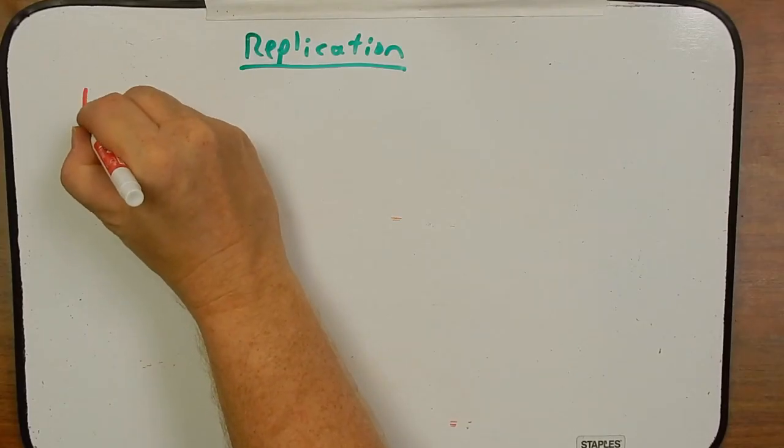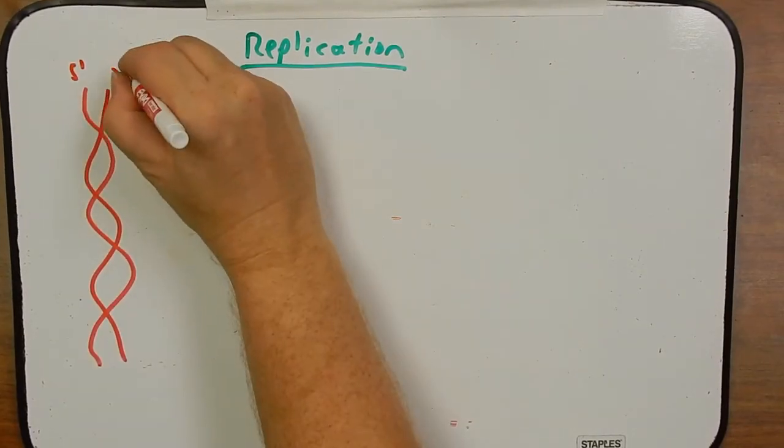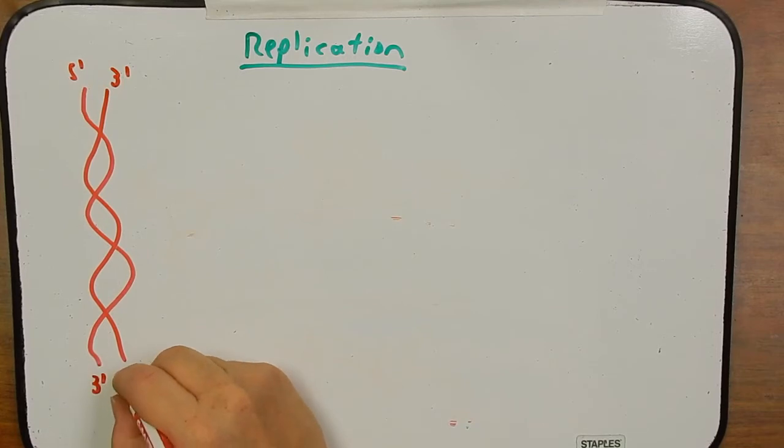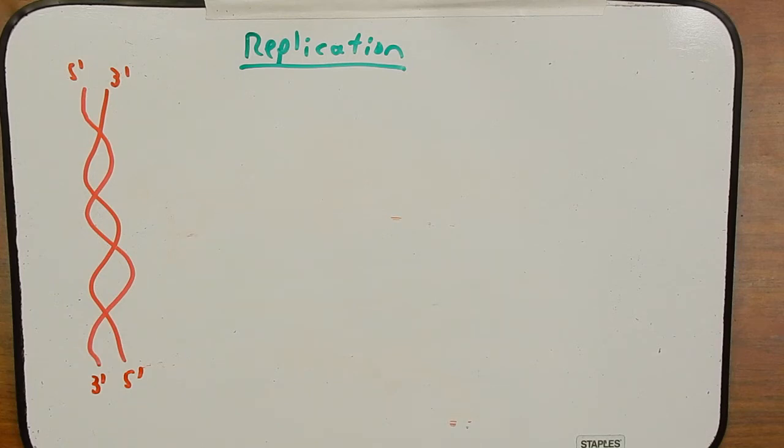So if we have our double helix here with our correct 5' to 3' orientations, we know that in order for this to work at all and to code for the traits of life, this DNA molecule has to get passed on to progeny, either through meiosis as we make gametes, or just as any cell divides to make a copy of it during regular cell division. So how does it do that?